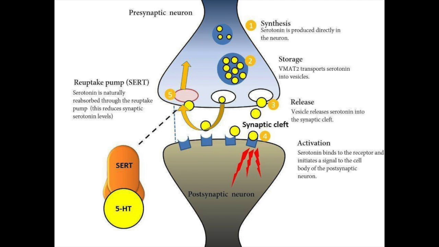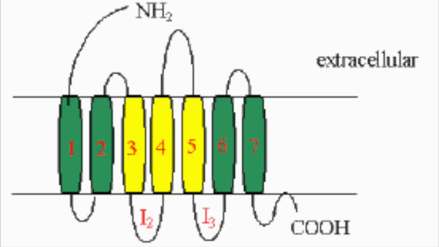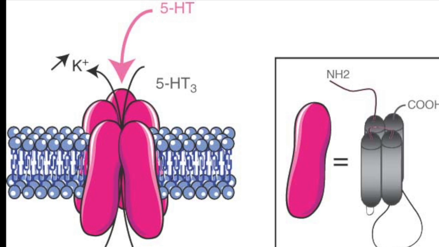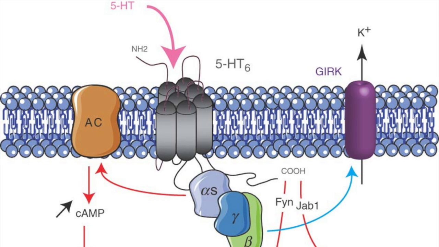The many different types of 5-HT receptors activate different types of responses, ranging from effects on mood, behavior, appetite, and digestion. However, while there are many different subsets of the 5-HT G protein receptor family, they are all 7 transmembrane domains with an intracellular carboxy terminus and an extracellular amino terminus. Some important 5-HT receptors include the 5-HT1 receptor family, the 5-HT3 receptor, an anomaly of the other G proteins, and the 5-HT6 and 7 receptors.